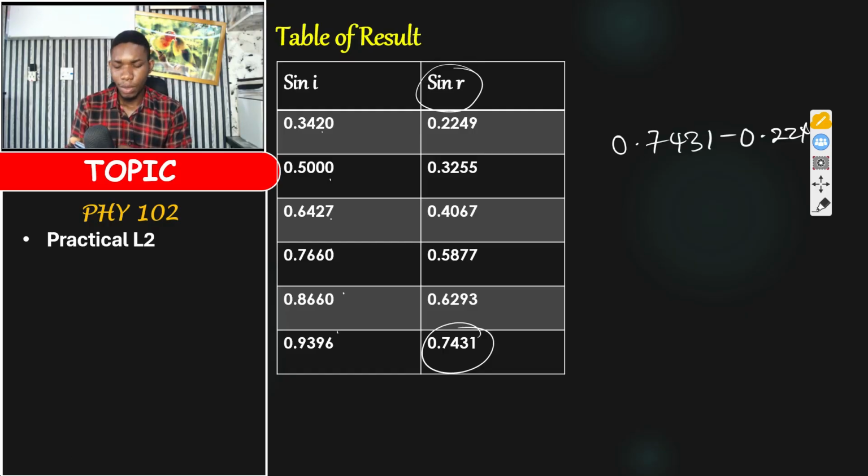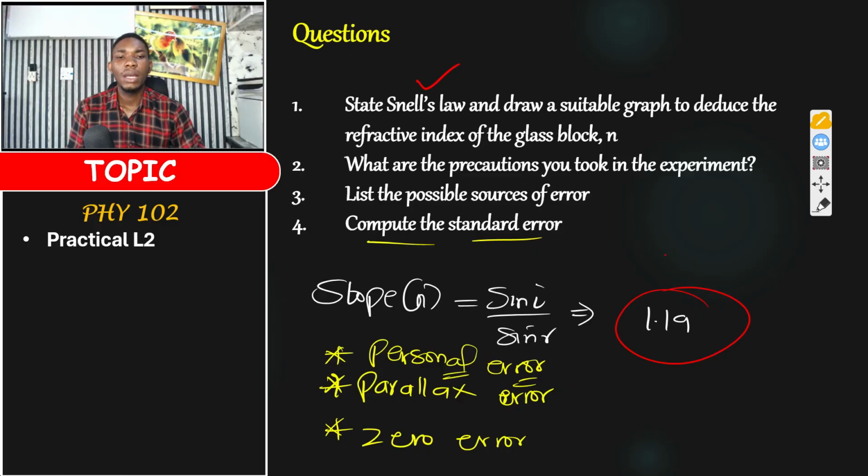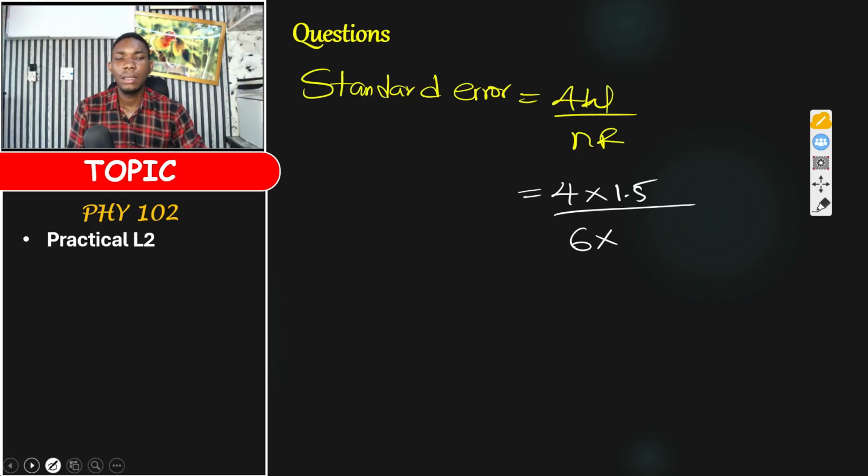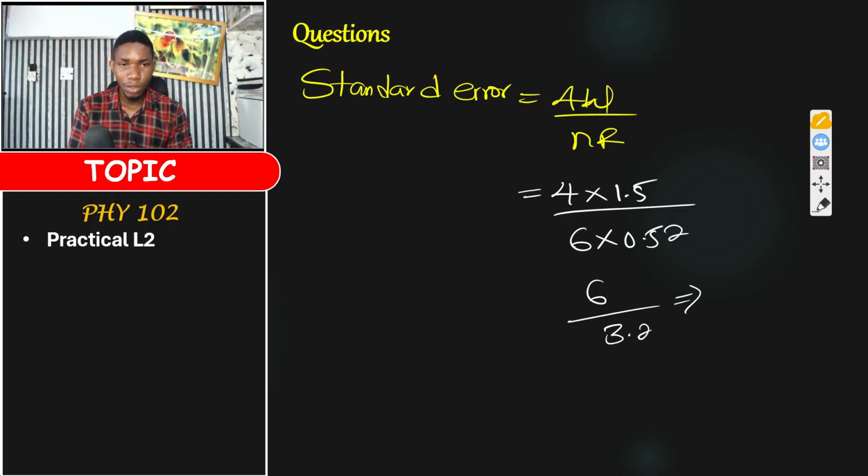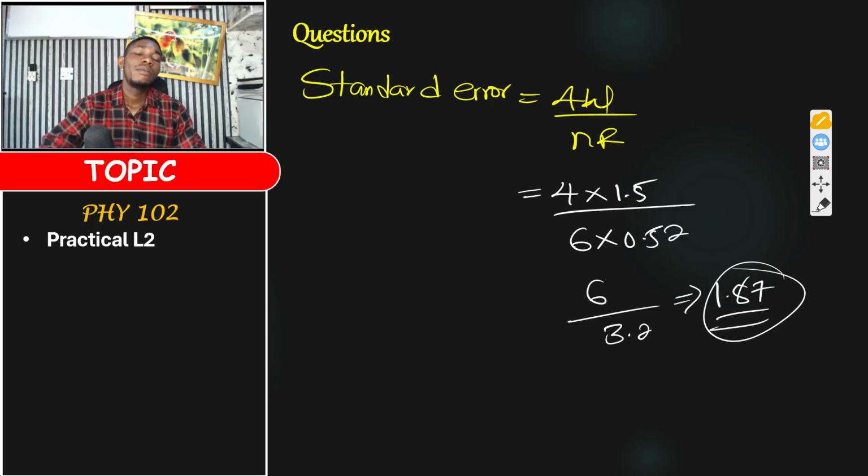So we have 0.7431 minus 0.2249, which gives us 0.51. So we come here and say this is 0.52 approximately. So you multiply 4 times 1.5, this will give you 6, divided by 6 times 0.52, which will give us 3.2. So we say 6 divided by 3.2 will give us 1.87. This is your error,